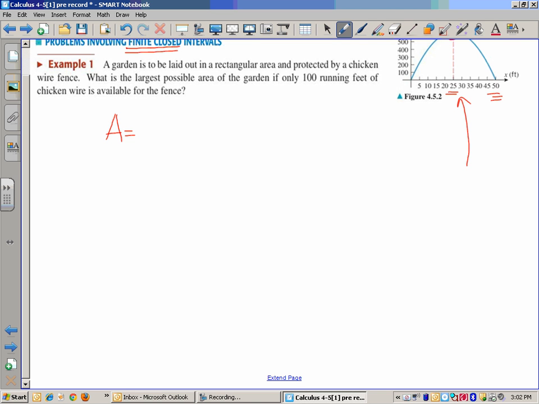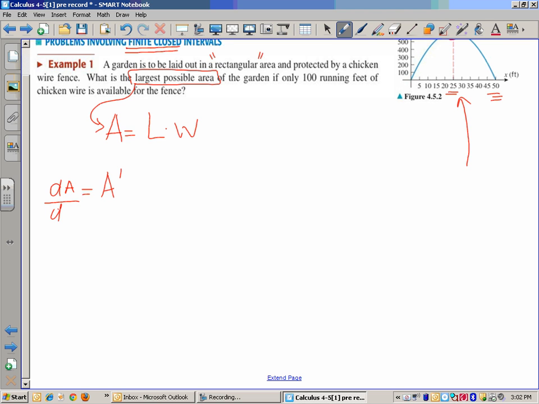And here's where I get this largest possible area. So in order to find a maximum, how did I find a maximum or minimum in sections 1 through 3? How did I find it? Say it, say it. I took the derivative, correct? Well, I have to take the derivative with respect to something, so I'm going to need some other letter, okay? Well, the area of a rectangle